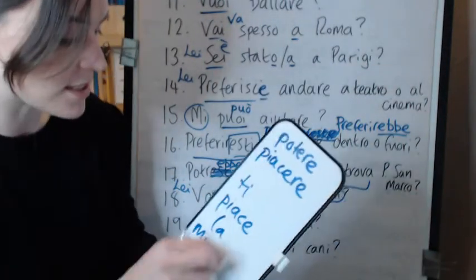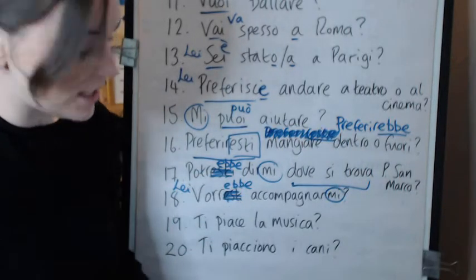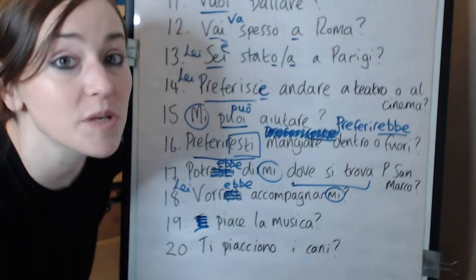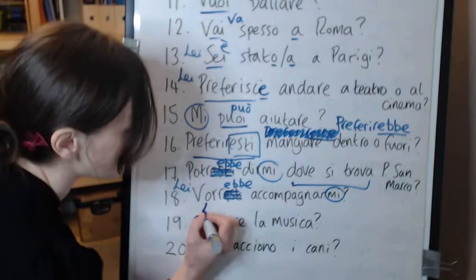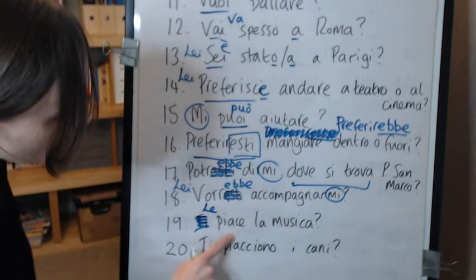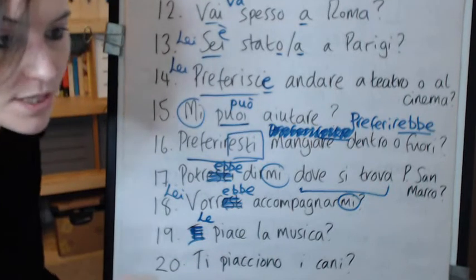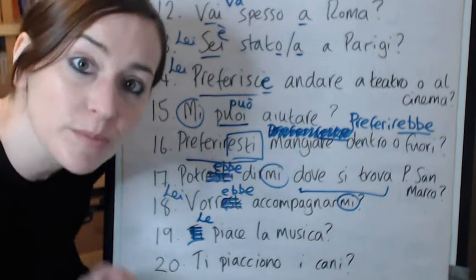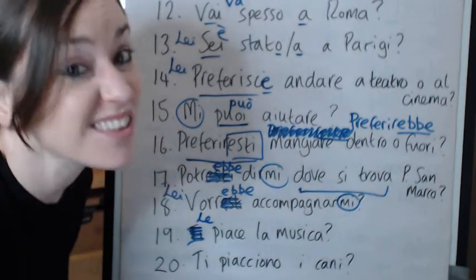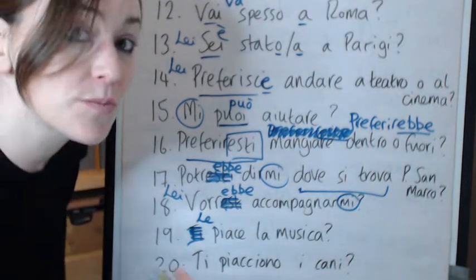Now this is where it's complicated. In the lei form, the formal form, the only bit that you change in these sentences is the indirect object pronoun. So it's le piace la musica. La musica piace a lei. So if you're not quite sure what I'm talking about, you need to look for indirect object pronouns in Italian or the verb piacere, to please, to like, to be pleasing to. Okay, it works in a different way to the English verb to like.